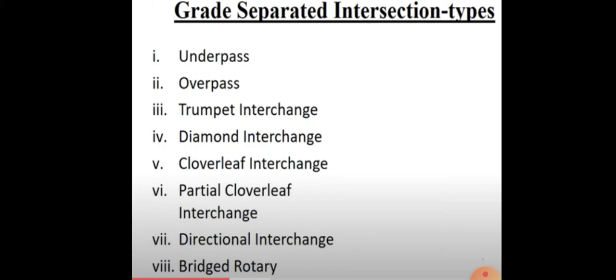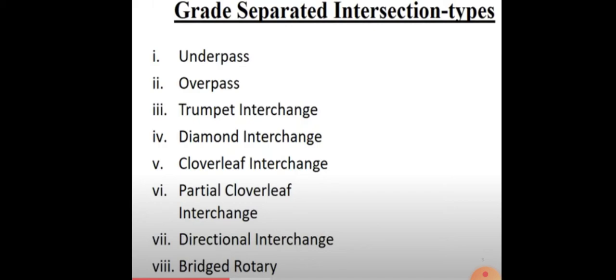And when coming to the classification of grade separated intersections, one of the distinctions made in the type of interchange is the directional change. Directional interchanges, which we already discussed, are those which have ramps that tend to follow the natural direction of the movement. And there is also the non-directional interchange, which will require a change in the natural path of flow.